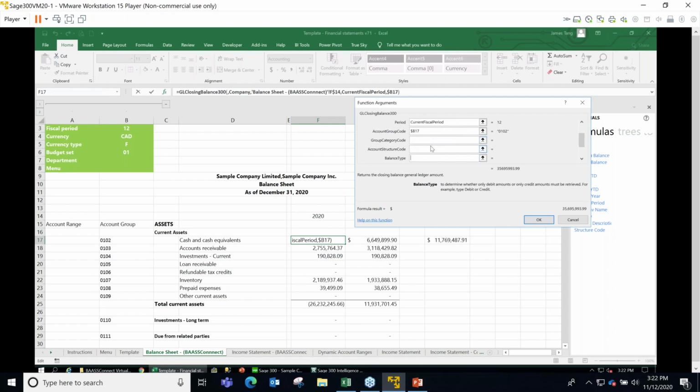Group category code, I've never used. Account structure, not in this particular case. Balance type, never used. Currency code, currency, only relevant if you're multi-currency. Currency type, only relevant if you're using multi-currency. And reporting tree, no, I call it department. Now I have a number. If I click on OK,